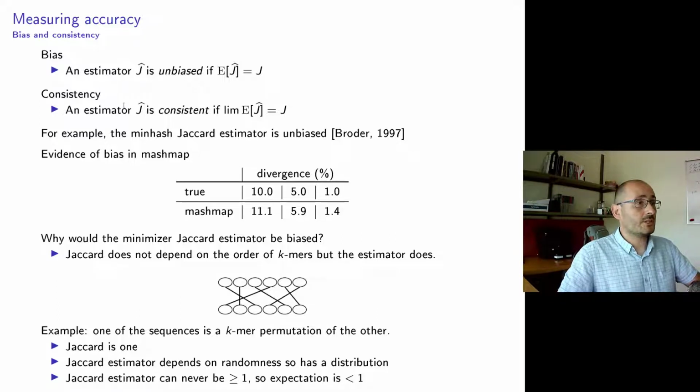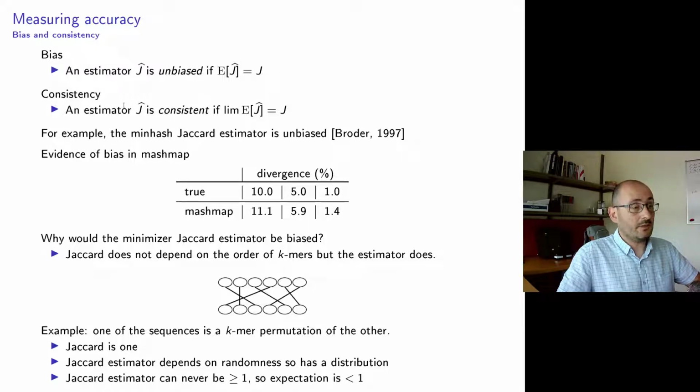This is the min-hash Jaccard estimator, and it works just like the minimizer Jaccard estimator, except it's using a different sketch. It's using the min-hash sketch instead of the minimizer sketch. Now, the two sketches are somewhat similar, at least in spirit, and so one would imagine that the minimizer Jaccard estimator is also unbiased. So to dig into this, we looked at mashmap, this sequence mapper which relies on the